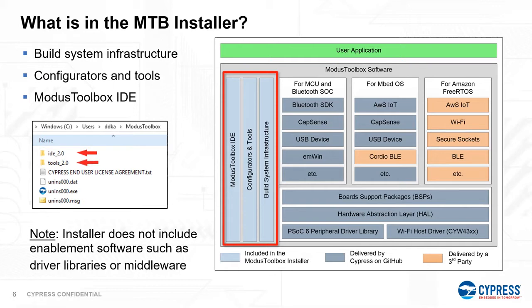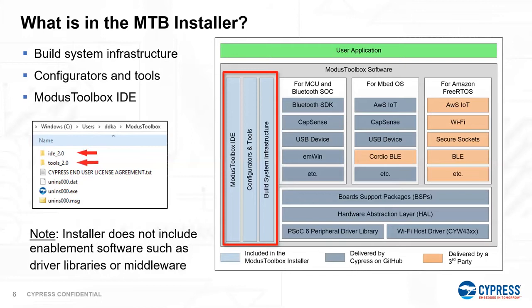It also contains all the configurators and tools. What I mean by configurators is, let's say you want to talk to the BLE block, and we have a BT configurator, and you can enable the GAP profiles or the GATT attributes. You can set everything up and then just click generate code, and you can just use the code that has been generated in your application. So it is that easy. We did not worry about the hardware details, and obviously the IDE itself.